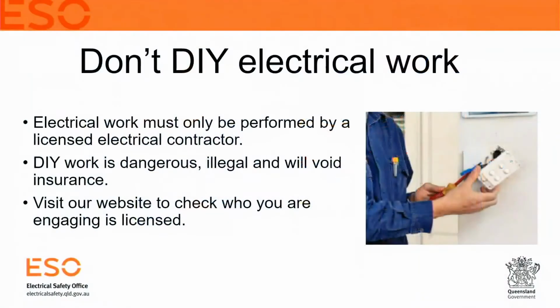DIY. Now this is a big one for us as well. Electrical work is licensed work, so it can only be performed by a licensed electrical contractor. You cannot perform it yourself. It is not only dangerous, you may kill someone with faulty wiring, it's illegal and will most likely void your insurance. So if your house burns down or something along that line happens